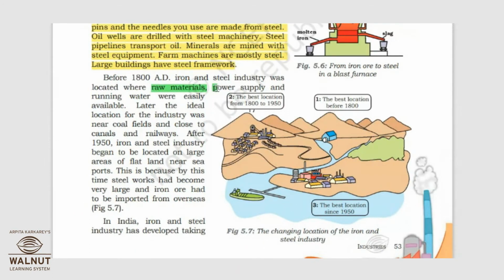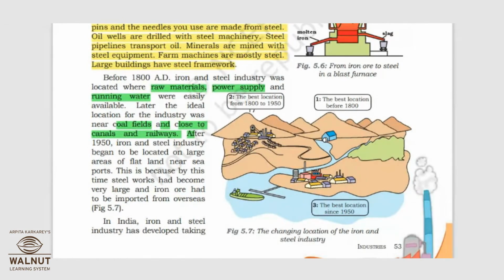Then next, you require processing of smelting and refining through a blast furnace. For that you require a continuous supply of power, right? And also, to cool it down, you will later require running water. So these are the places where the earlier industries were located. After a few years, they began to be located near coal fields, or close to